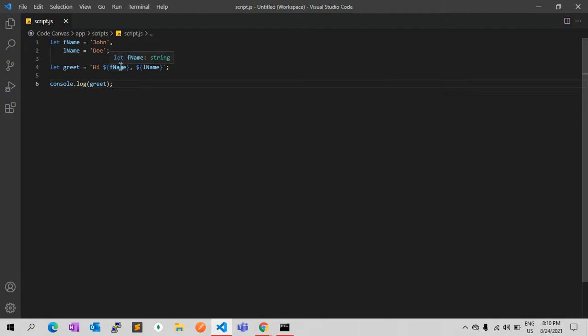So you can replace the value of the variable in the string using template literals. So this is one of the important aspects of template literals.